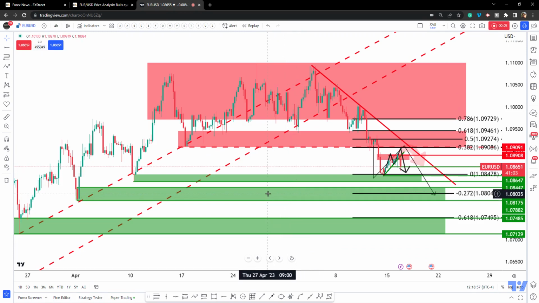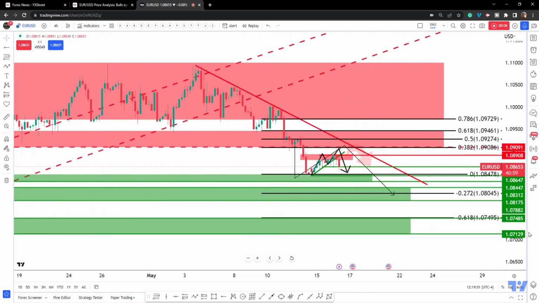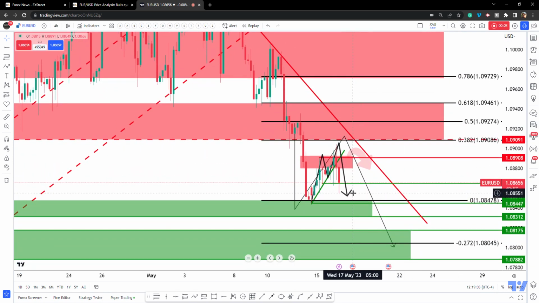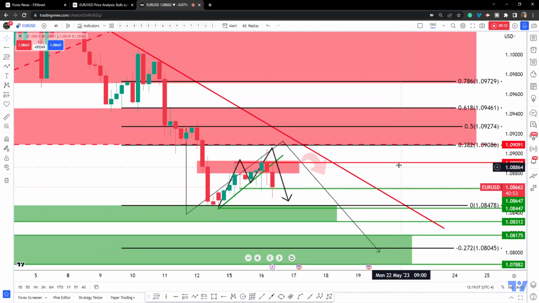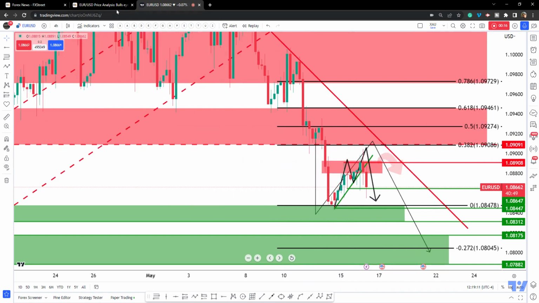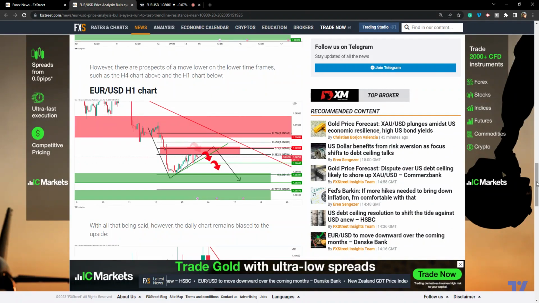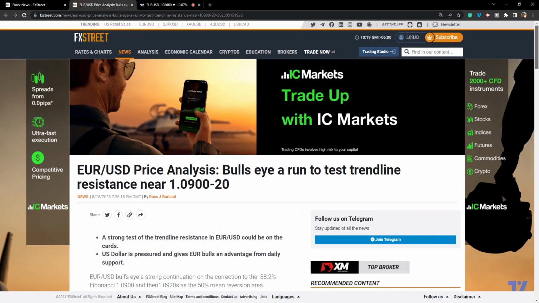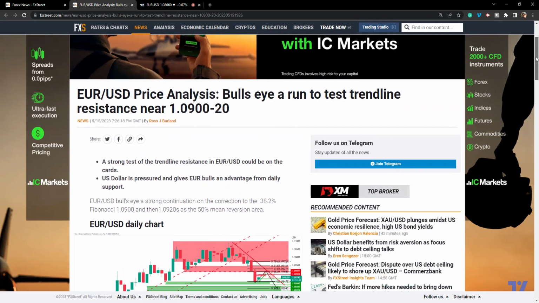So we've got EUR/USD here trying to penetrate the downside today. Now, refer back to the analysis that I did yesterday. I'll link it now in the Discord. And